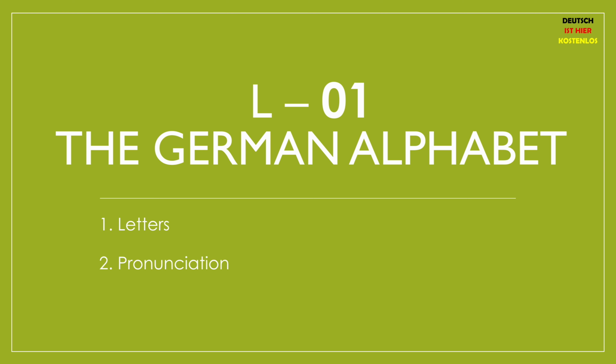So basically, by the end of this video, you will be able to read anything in German without even knowing what it actually means. If you're thinking, what is the point of being able to read if I don't even understand it? Well, the point is that being able to read any word will make your life very easy in the future. It becomes easier to remember the spellings of words because their sounds seem more intuitive. And in case of new words, you only have to learn the meaning of that word and not waste time on learning how to spell it. So make sure you're really perfect with this lesson before you move on to the next.